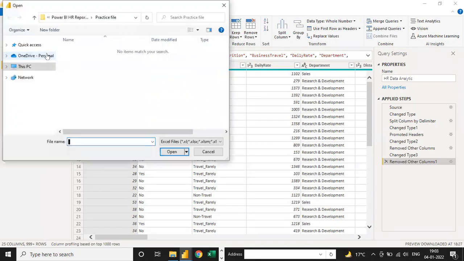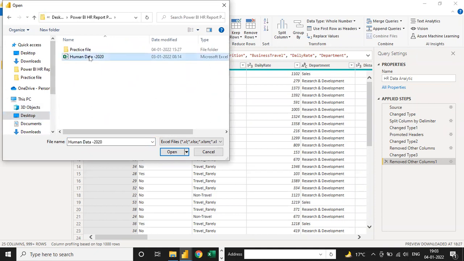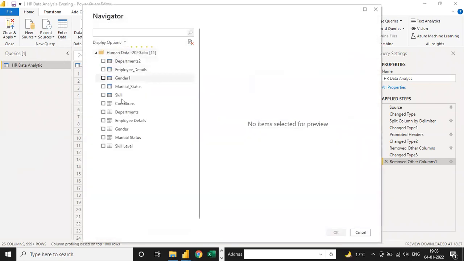So click on this Excel workbook and select the path, and if I click on the Open option, you can see my data preview is there. In a CSV file you have a column-wise preview with comma delimiters. But in Excel, you don't have that preview option. You have a preview showing how many tables or how many sheets are in your Excel file.